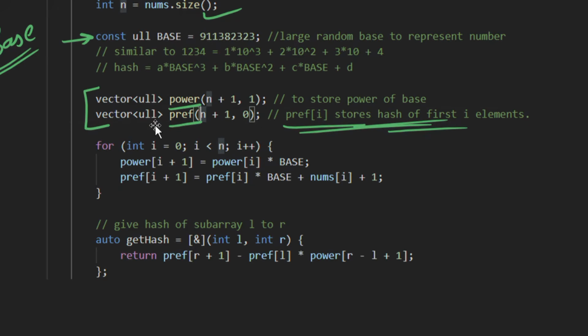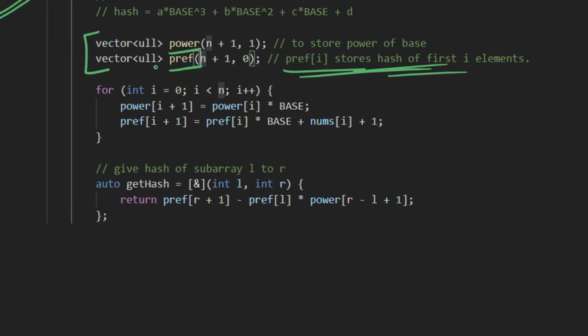And then we iterate over the array to calculate the power and the prefix. So power of I plus 1 is basically the previous power into the base value, and prefix of I plus 1 is equal to previous prefix into base plus the current number, right? So this is prefix of I plus 1.